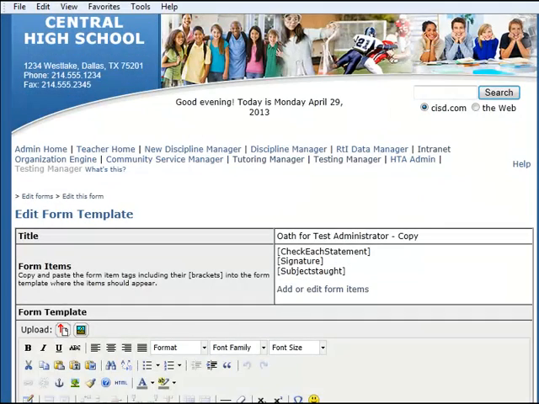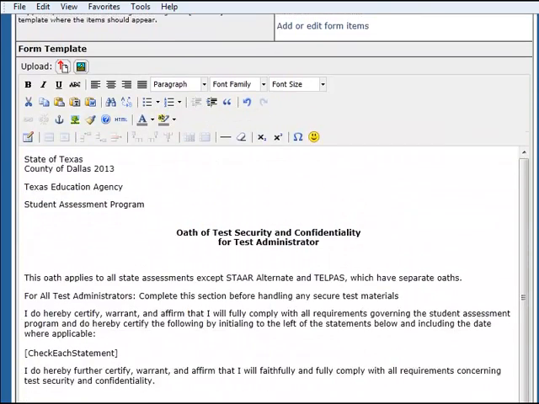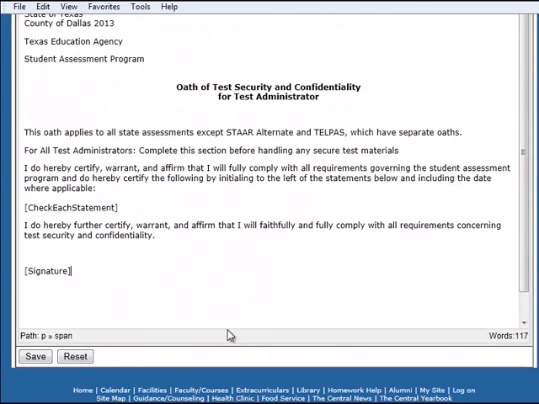The way to put these forms into the form template is to select and copy the name of the form, including the square brackets. Then we scroll down and paste it into the template wherever we want it to appear. Now when this form template gets populated, Subjects Taught will appear below the signature. I'll save it,